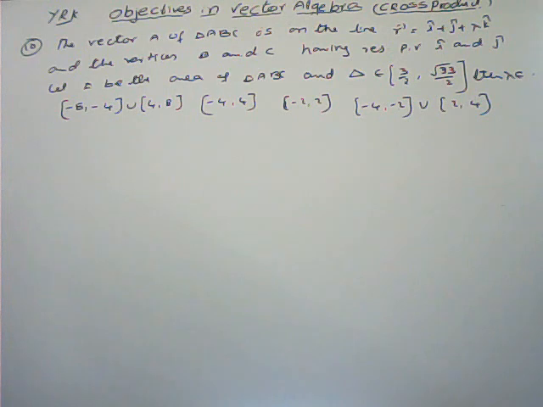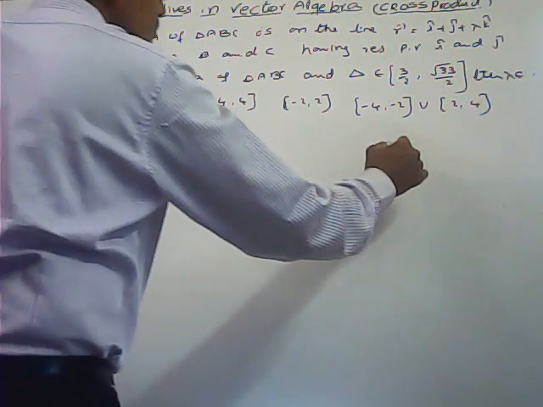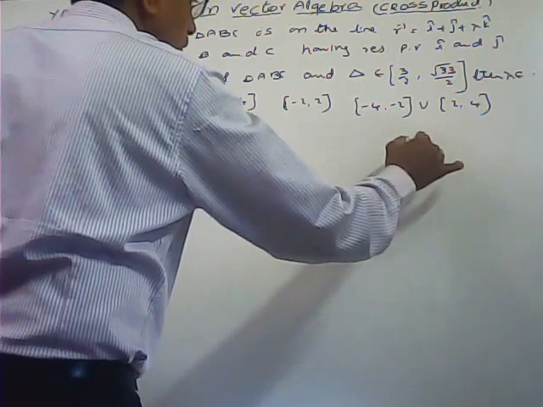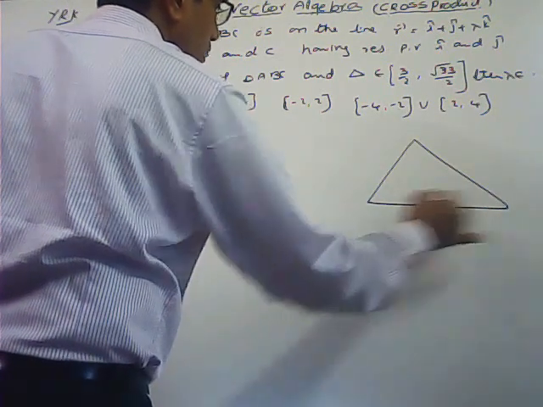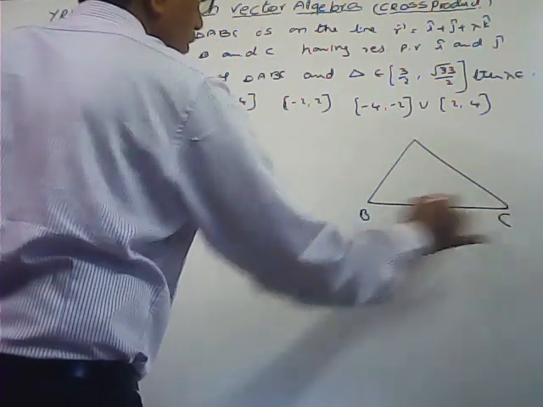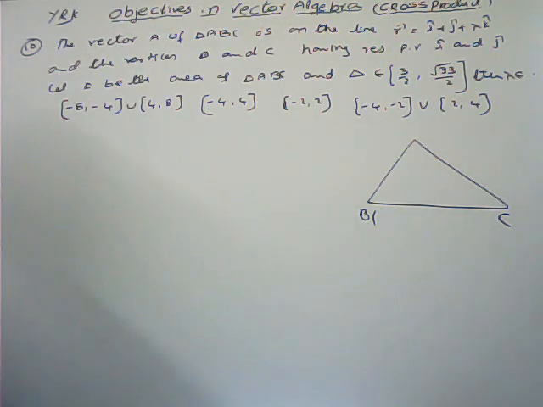Here next one, the vertex A of triangle ABC is on the line. Here A is not a fixed point; that is, the locus is given. The position of the point P with respect to the origin, that is the variable point, is given: R bar equals i cap plus j cap plus lambda k cap. So for different values of lambda you can get different points, and from there you can draw the triangle also.